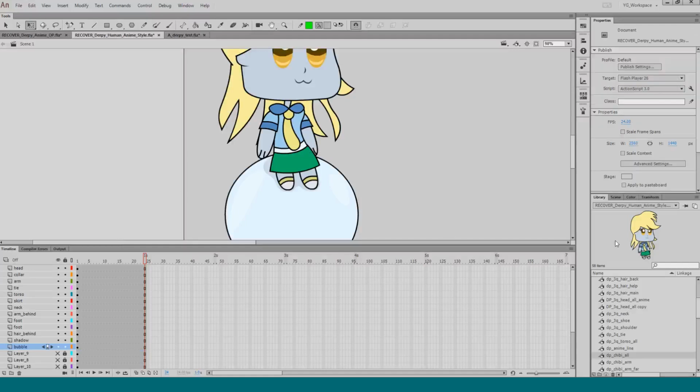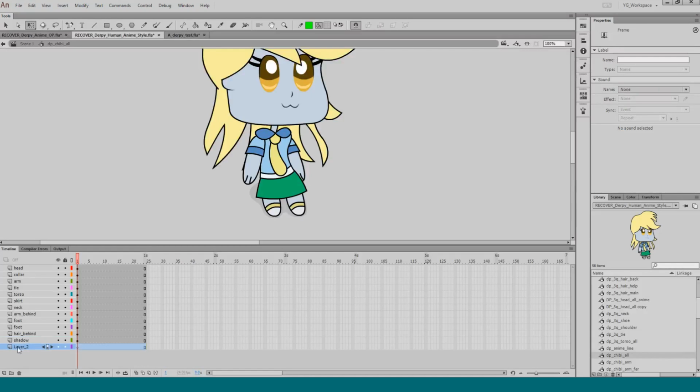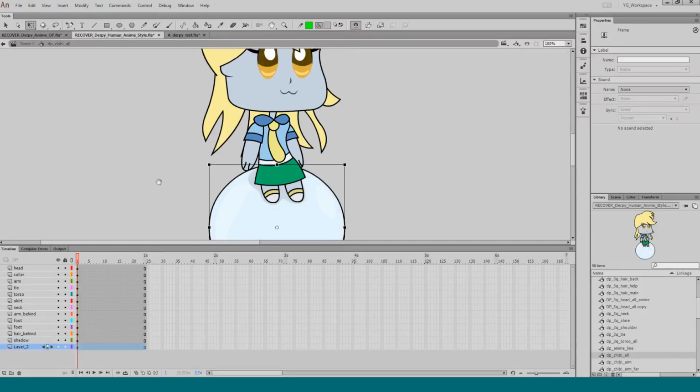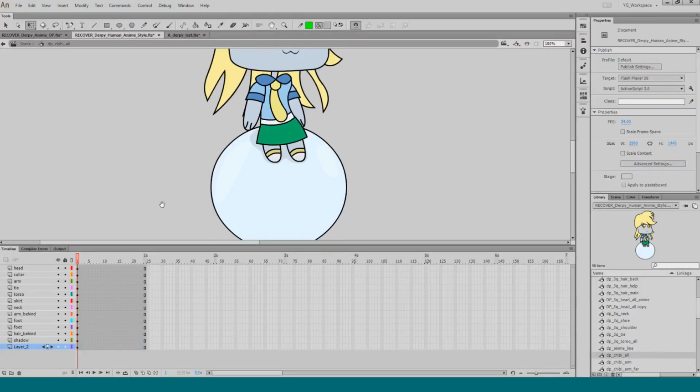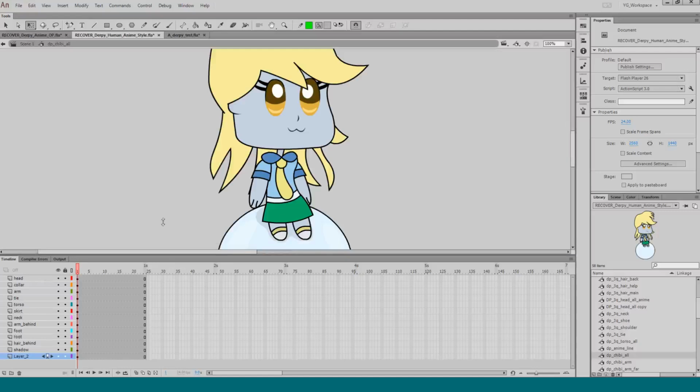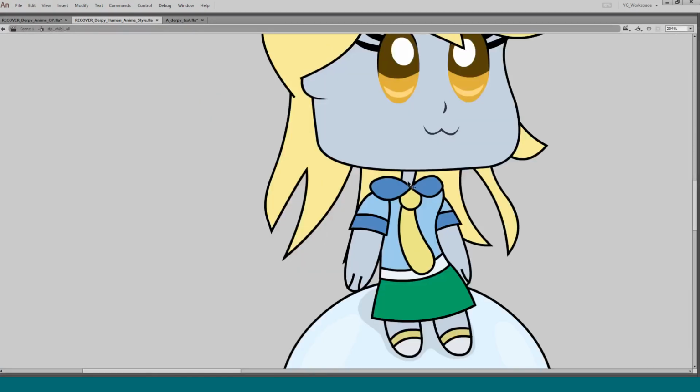So I'm going to copy. I'm going to double click inside here. Shadow. See if this works. Ha ha ha! I did Control Shift V, which pastes it in place. And it places it where I wanted it. Cool. Okay. Whew. So I can probably add like a million more details to her.